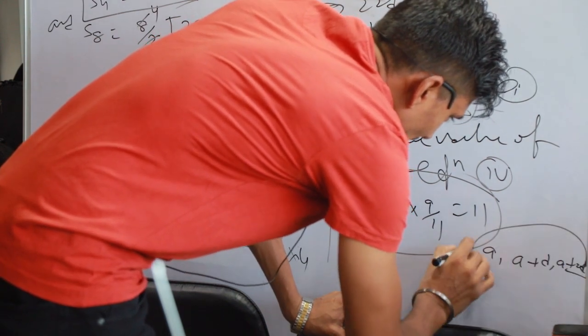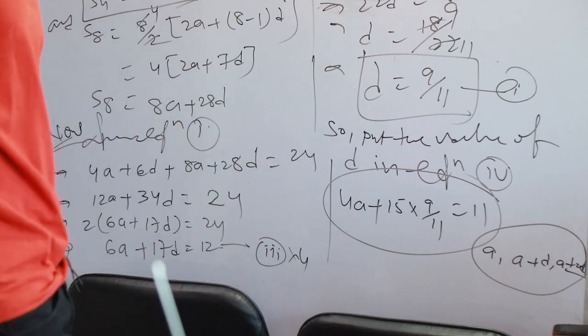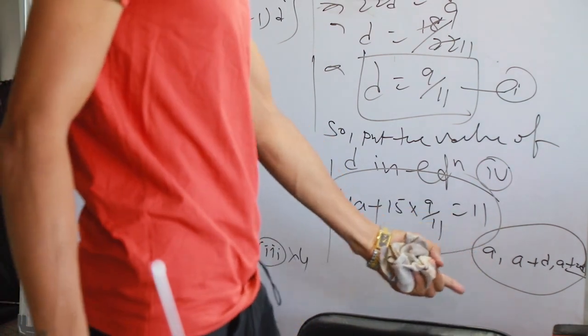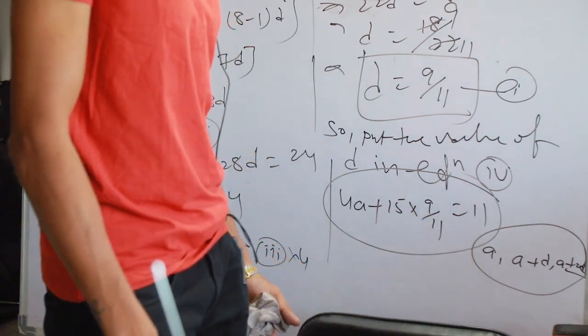बेटा आप इजी है, यहाँ से आपको d का वैल्यू आ गया, a का वैल्यू फाइंड करके थर्ड टर्म लिखना है, a plus d और a plus 2d।